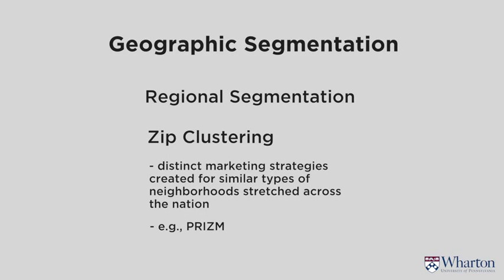So the PRISM clustering, or zip clustering, says, if you tell me your zip code, and I'm giving you a United States example, but this kind of notion of geographic segmentation is true around the world. People who are similar tend to live in neighborhoods that are similar. And so you tell me where you live, I have some ideas of the kinds of things you might like, the products you might like, the clothes you might wear, the media you may attend to, etc.